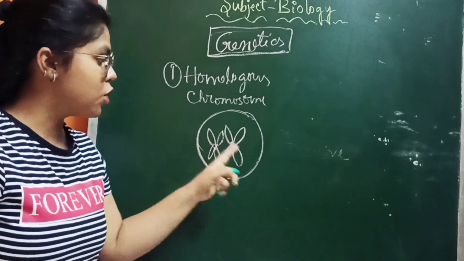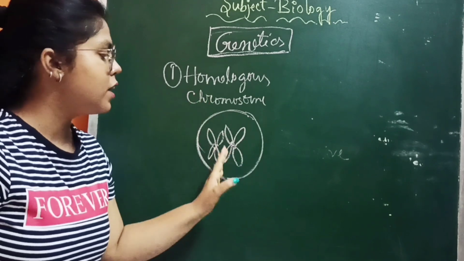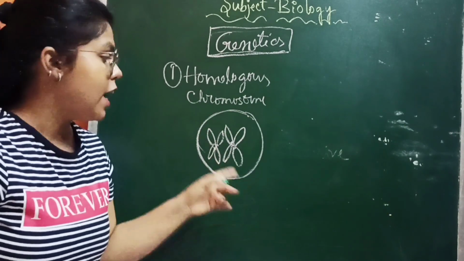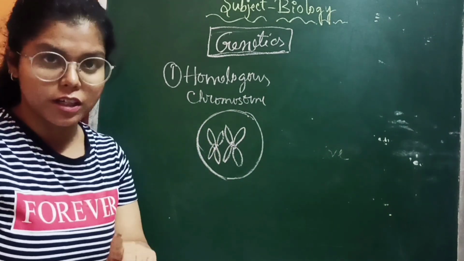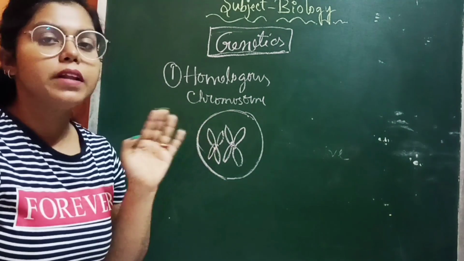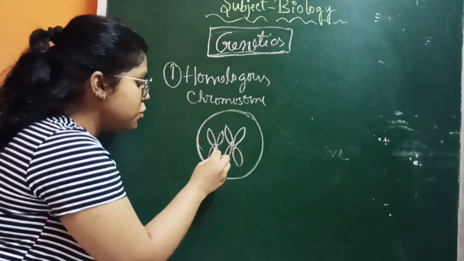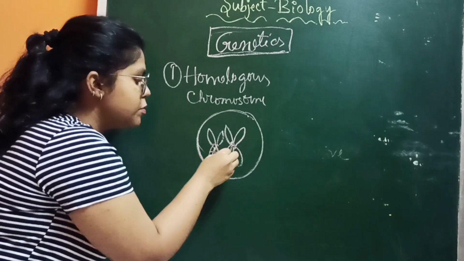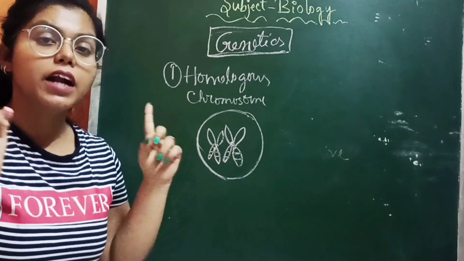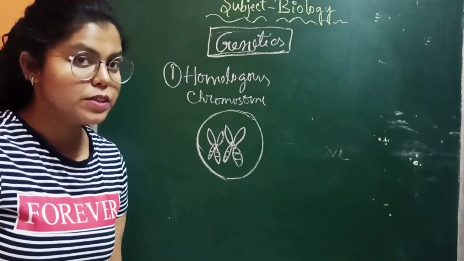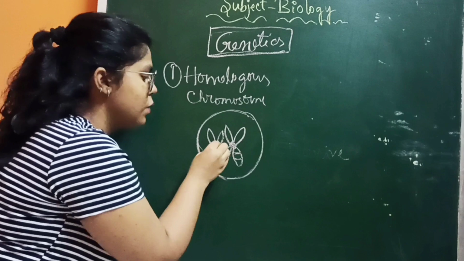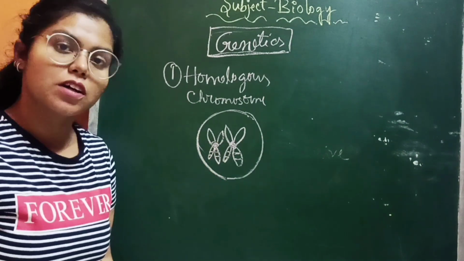So the two chromosomes of one pair come from each of the parents, and this is present in the diploid organism. Both have the same length, and the position of the gene, or particularly the loci of the gene, is similar in both chromosomes. And lastly, the position of the centromere is also the same. So this is known as homologous chromosomes.